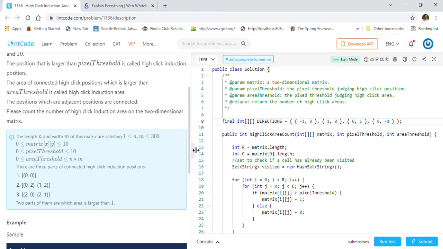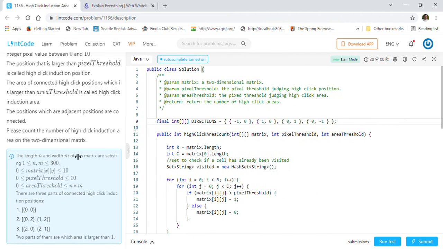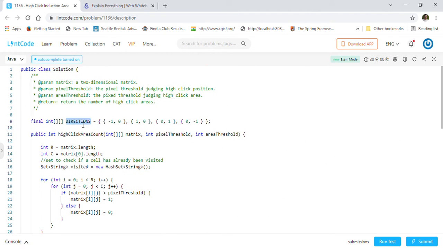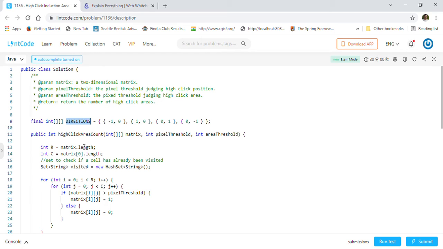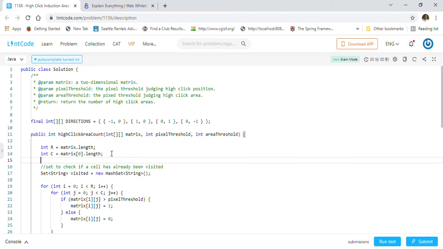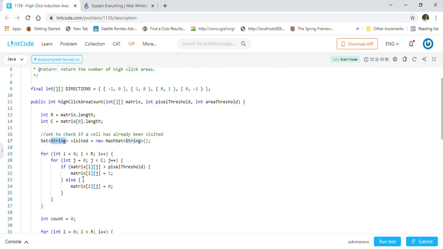So let's go ahead and take a look at the implementation now. First we created one directions 2D array because we have to go in these 4 directions. So we will use this array when we are using DFS to go the 4 directions. First thing is we calculated number of rows and number of columns from the given matrix. And after that we will create one set here. The set is to hold, whenever we visit a cell, we put that into the set, because we don't want to revisit a cell. Once we visit, we want to visit the cell only once, not again. That is why we created a visited set.